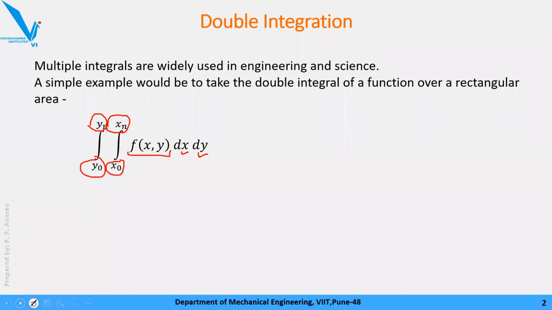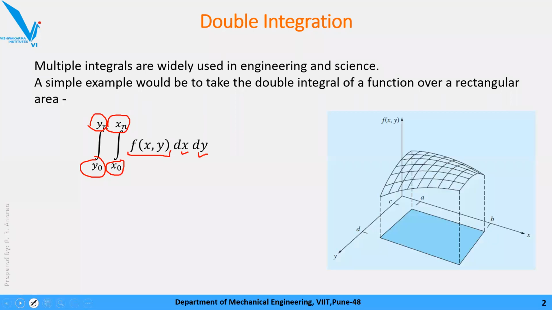Now, as we are learning numerical methods, our approach is that without actually calculating the integration, without solving the function for integration, we just perform simple arithmetic and logical operations to obtain the numerical integration. And that too will be an approximate value of the integration. So how do we proceed for that?